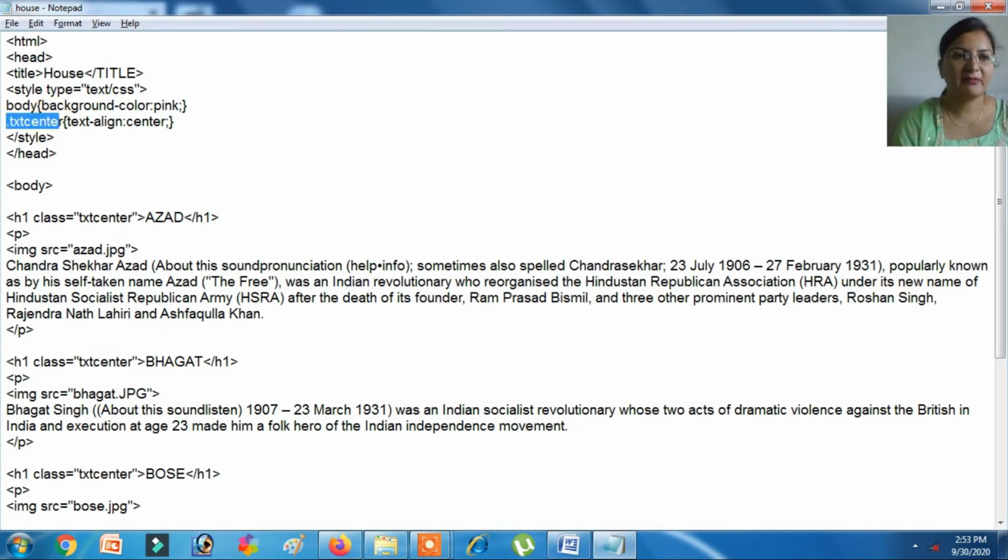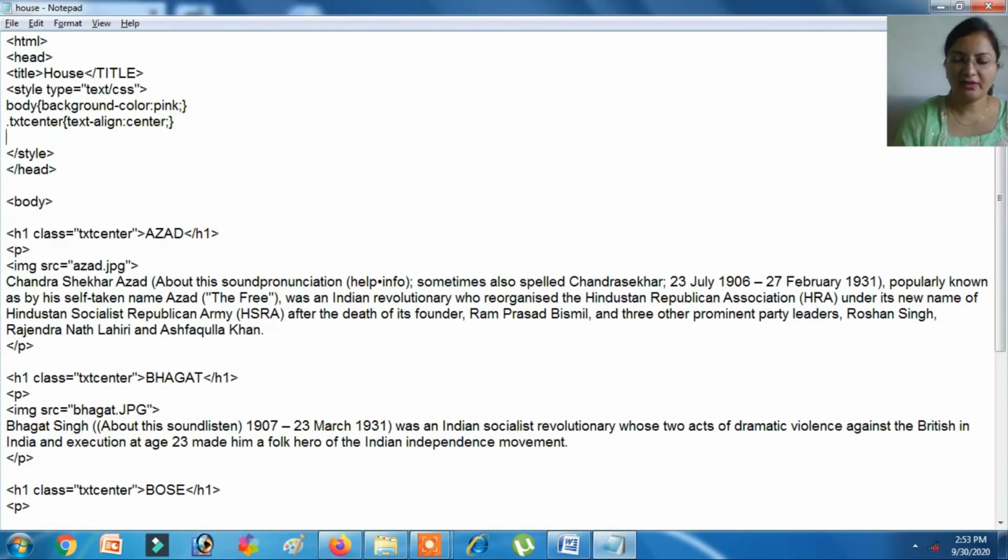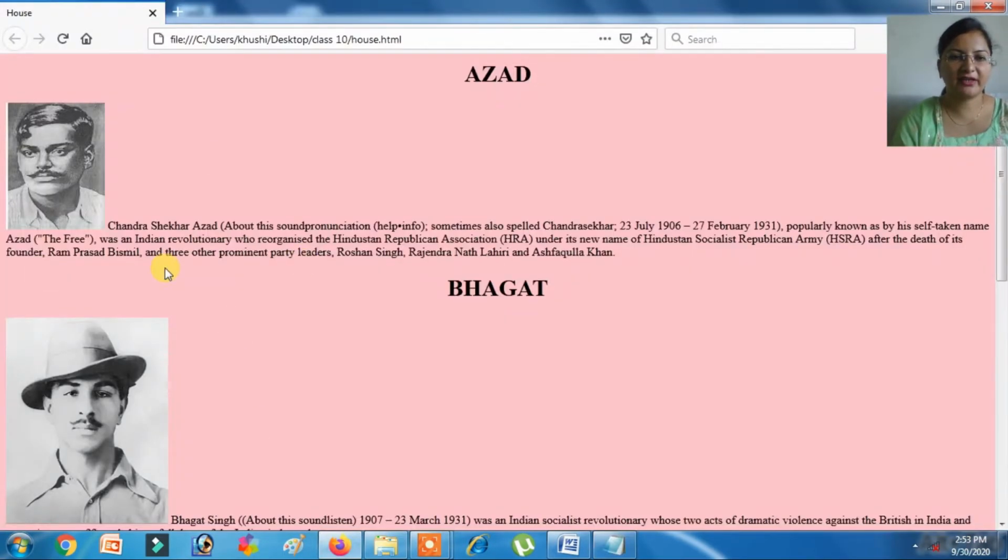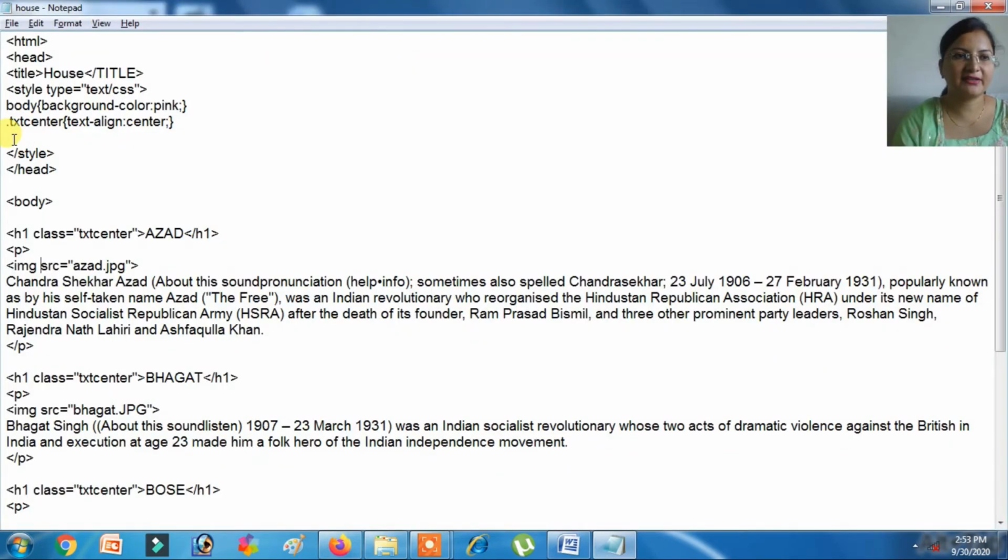This is the name of my choice, and these are the properties and values that we have studied in chapter 5. So the next you can see the image is having a fixed size. Okay, here images are in different sizes. So for image we will use image size. Okay, I am using image size CSS, and before that I have to write dot, and then in curly bracket you set height and width.